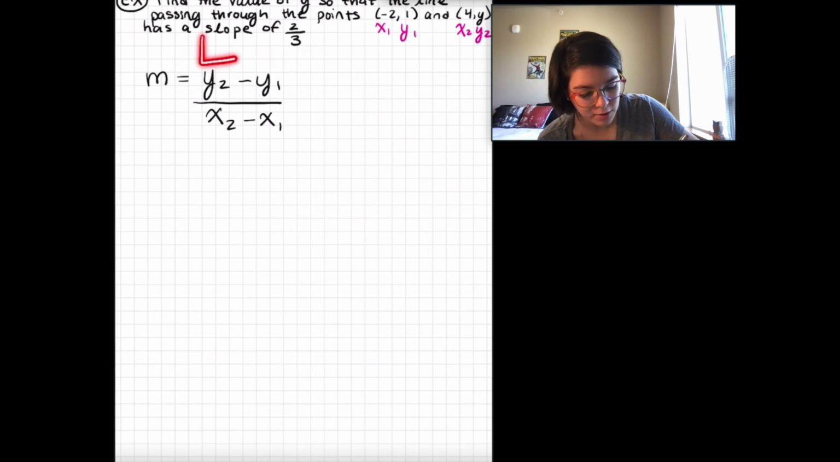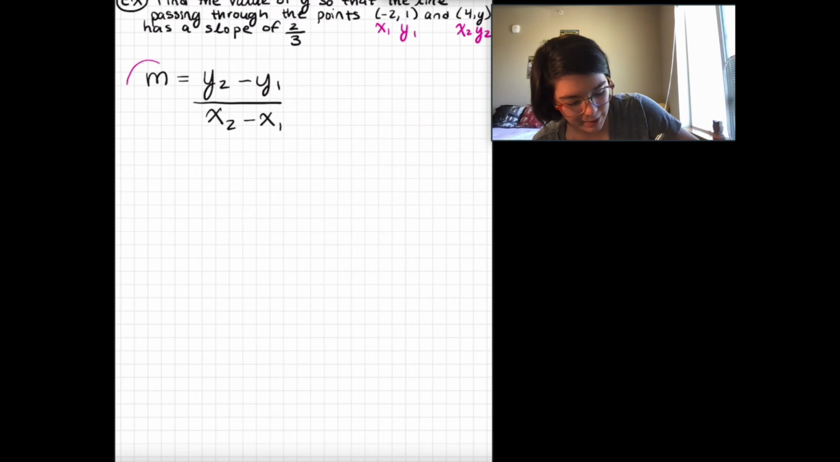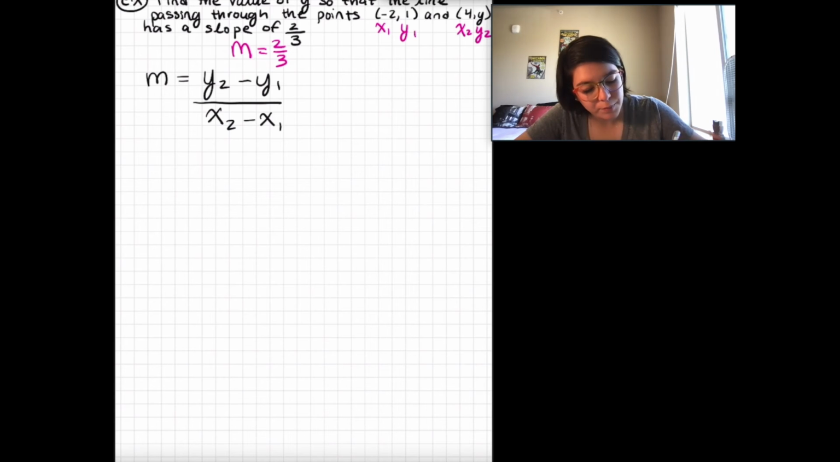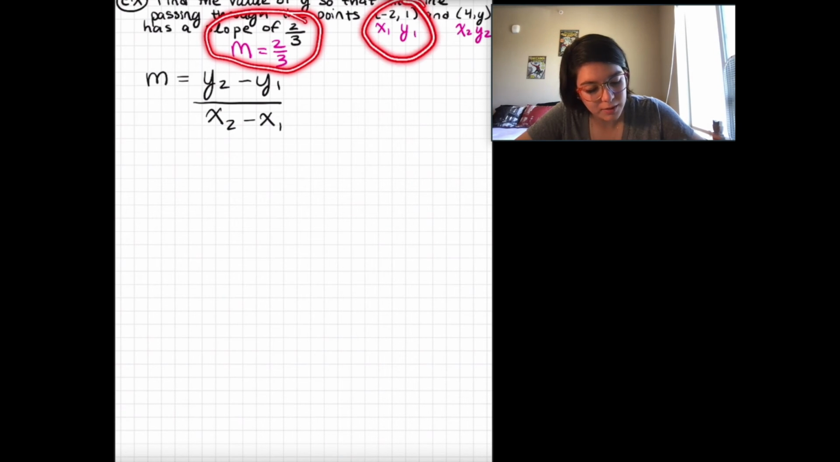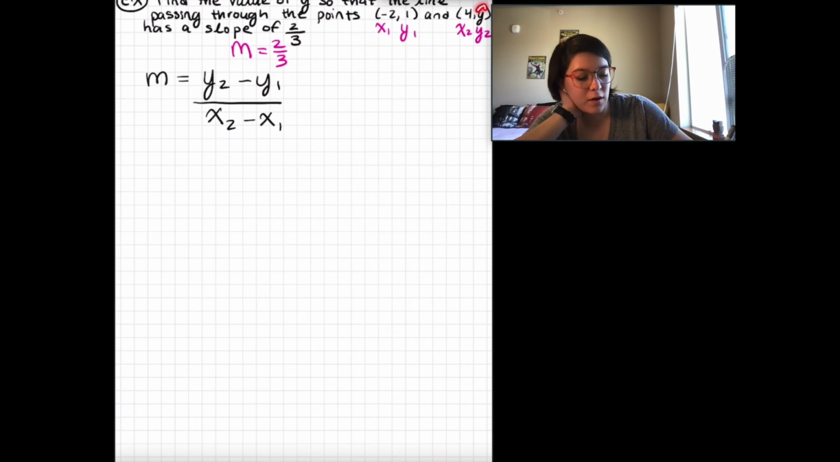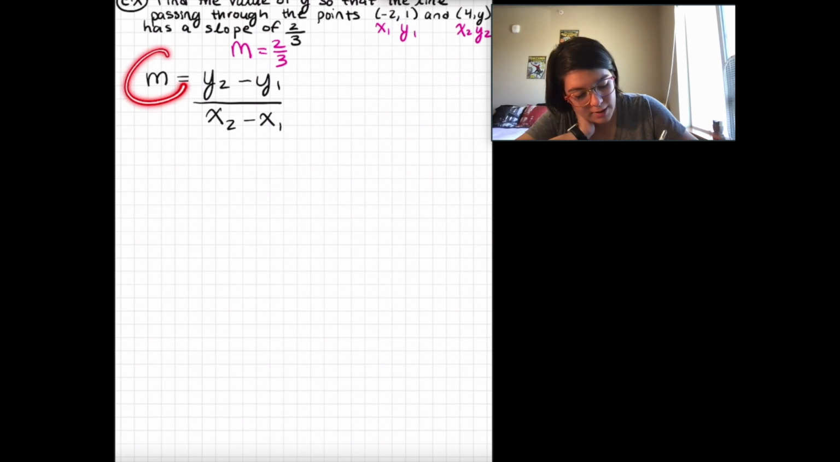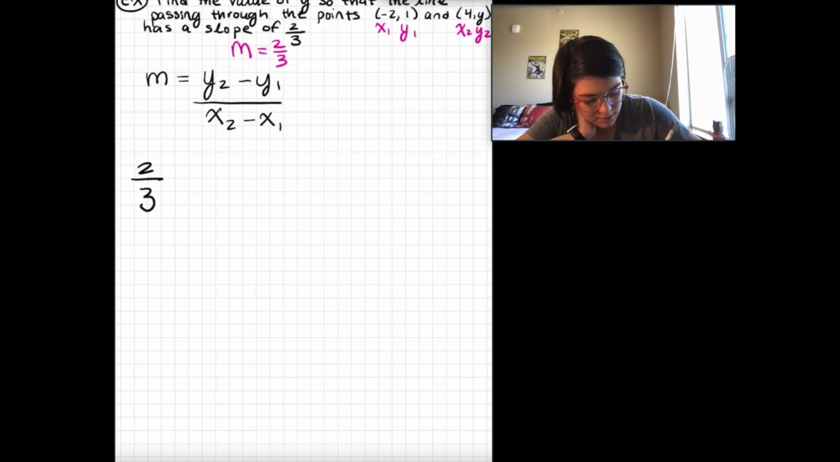Well, it tells us we have a slope of 2/3. So our slope can be represented by m. So we can say our m is 2/3. So now what we'll do is we'll plug in all our knowns. We know our slope, we know our x1, y1, and x2. The only thing we don't know is our y2. So let's plug in everything we know. We know m is 2/3. So we'll write 2/3 is equal to